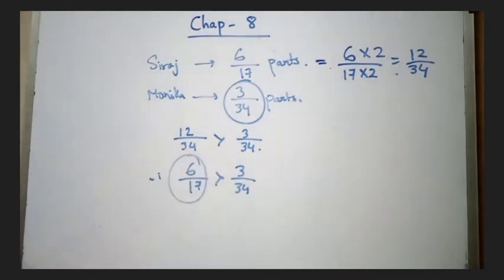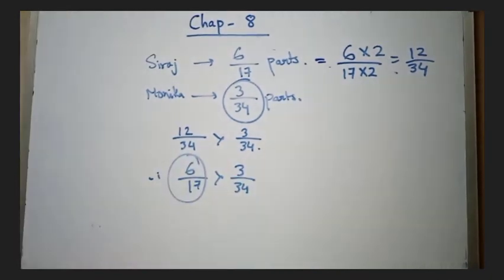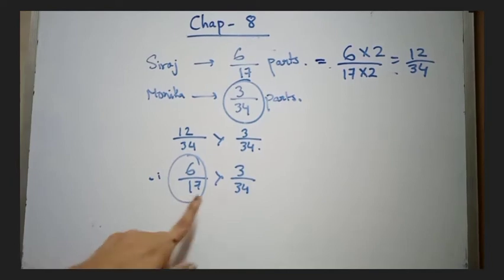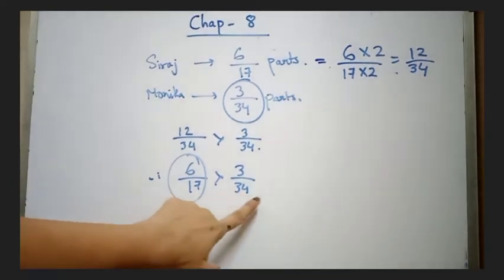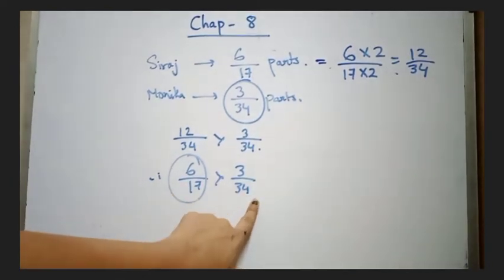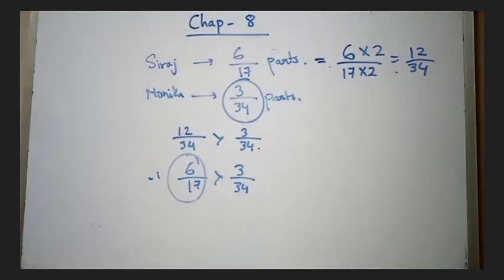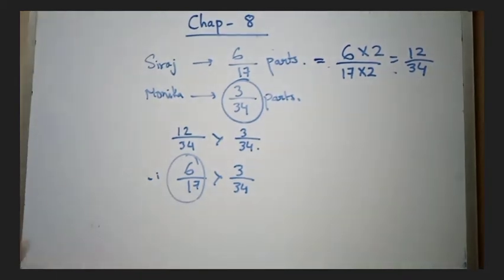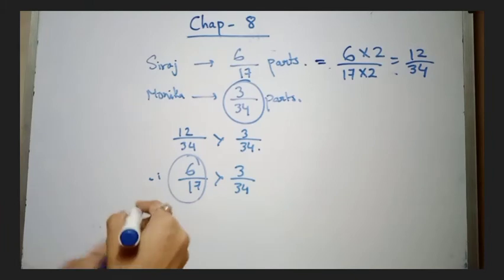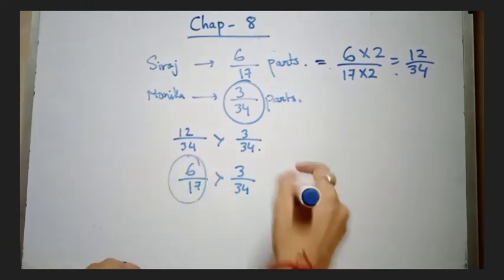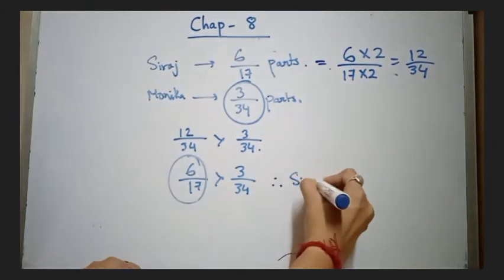So Siraj has planted trees in a larger area. This is the largest fraction, this is the smaller one, and this is the smallest. Now we have to find the difference between them. As this is greater than this, the answer will be Siraj